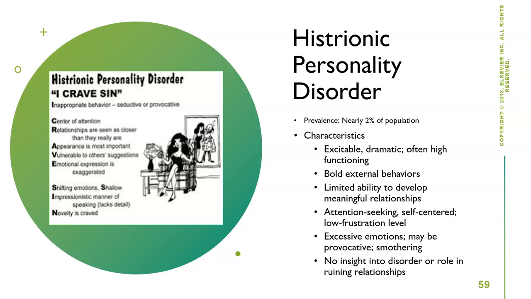So in a relationship, they don't necessarily care about their partner. They want 100% of the attention, always on them. They could be provocative. They could be excessively flirtatious, smothering. These are extreme extroverts, flamboyant, their clothes, their mannerisms, everything about them. We tend to see this more in females than males. I know, shocking statistic. And when their relationships end, because it was all about them, they did not care about their partner, they have no insight. Symptoms tend to start in early adulthood.